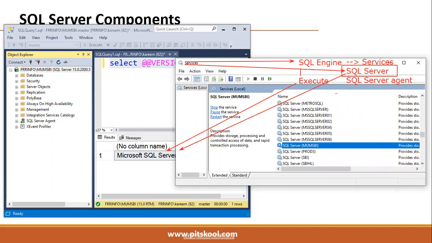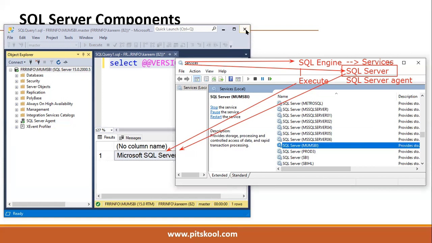That's why, remember, while installation we first have to install these services. First we have to install the service, then we have to install this tool, SSMS. It is a two-step process.